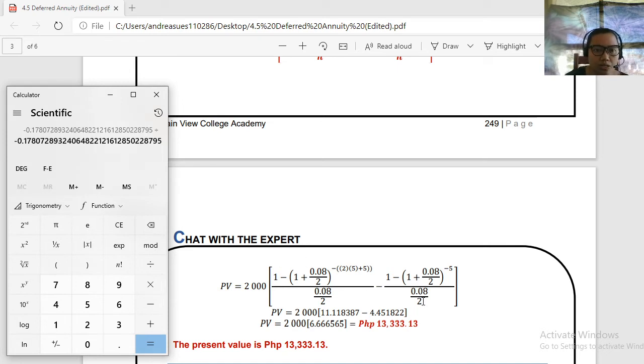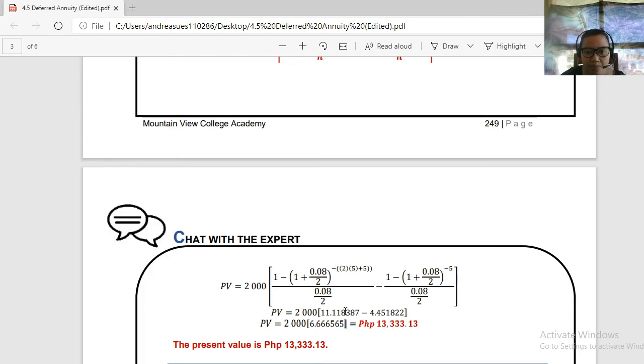So our denominator is 0.04. The answer is 4.51822. Okay, round off. So this is the answer. Okay, right? Let's disregard the negative since we have a subtraction sign here. So let's copy the subtraction. So let's subtract. Okay. So let's copy